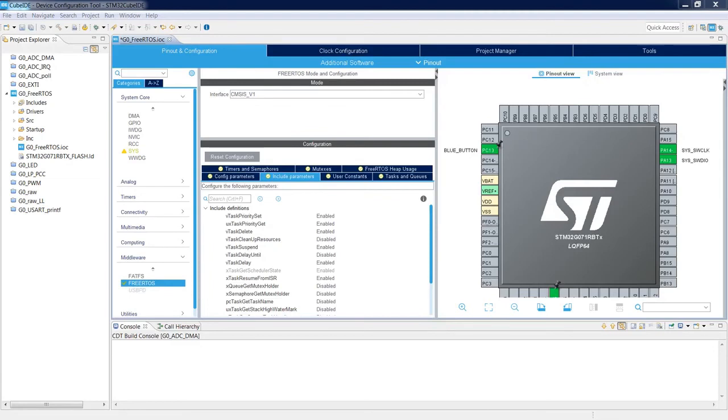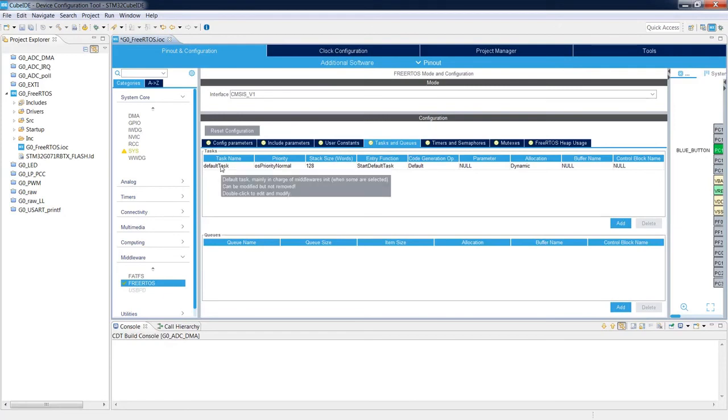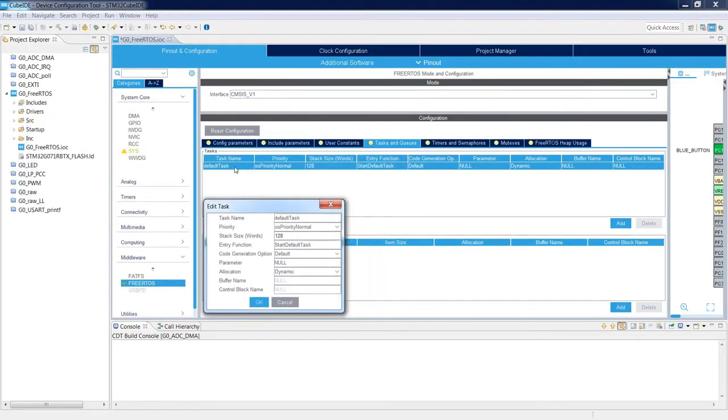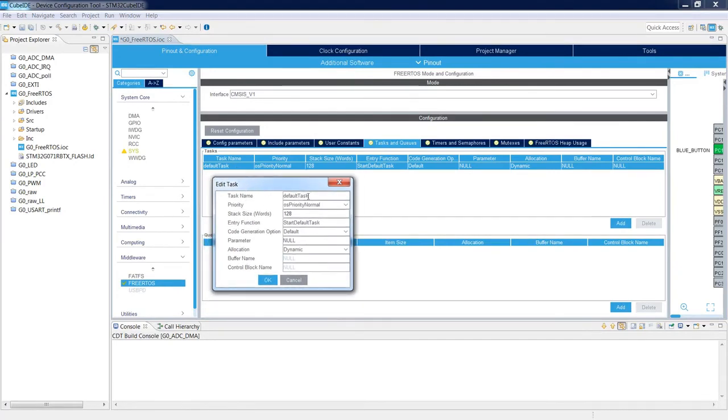The next point is to add 2 tasks. We go to the Tasks and Queues tab. At the moment, we've got only one task, the so-called default task, which is created automatically. We will change this default task to our Task 1. Just double-click using the left mouse button on this name, and you should see the edit window.